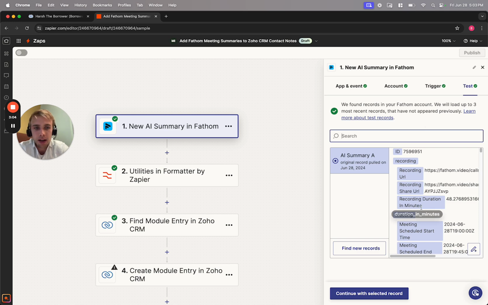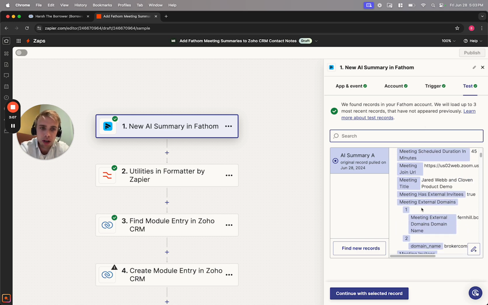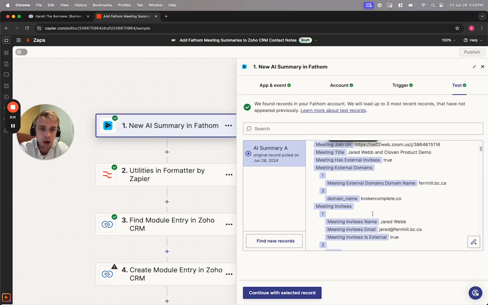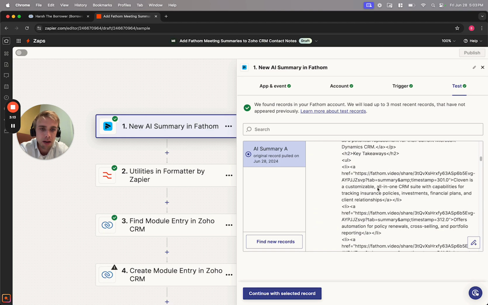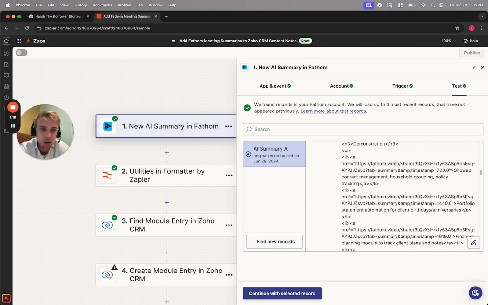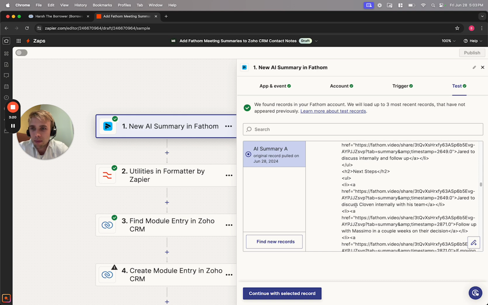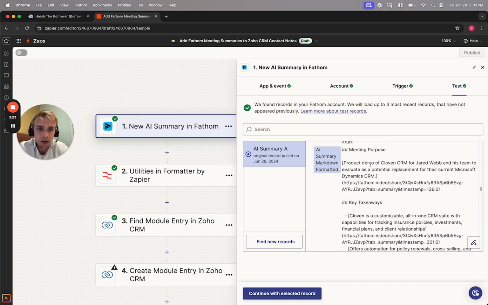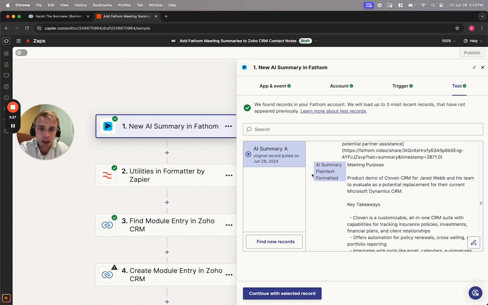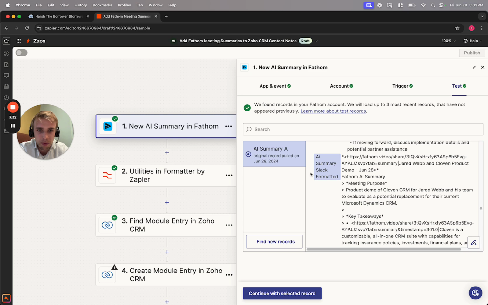And then you test it, right? And so when you get the test, like a lot of these tests, you do get this nice output. You can see it gives you everyone who attended the meeting, the meeting invitees, gives you that summary. There's an HTML formatted. That's if you're using a program like an email maybe, or a website that uses HTML. There's Markdown, which again, there's different softwares that use Markdown. For the CRM, we're going to use the plain text. That's what works really well with notes. But there's even, I just want to mention this, even a Slack. So for those of you out there using Slack, you can maybe even take this and throw it into Slack,